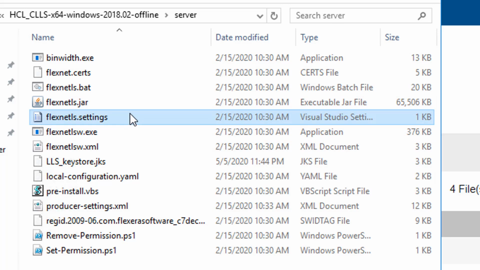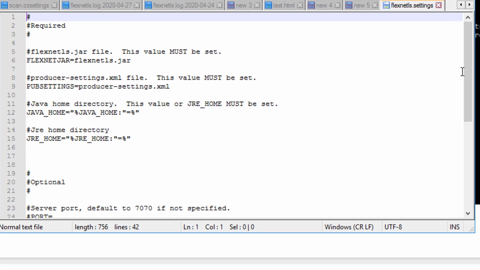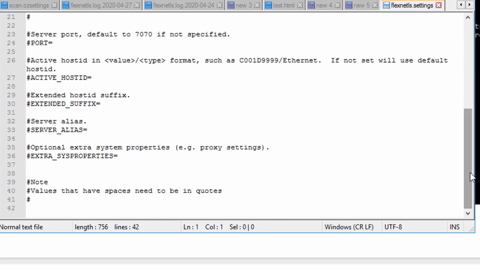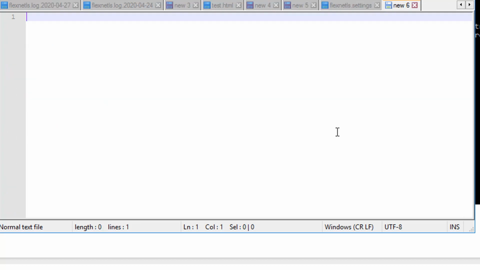flexnet_ls.setting, which is right here. I will right click and edit with Notepad++. Scroll to the very bottom and append this line here, which is called https server config, and that is pointing to a file https_config.txt. I'm going to save this, and then under a new Notepad tab, I'm going to be pasting in the next